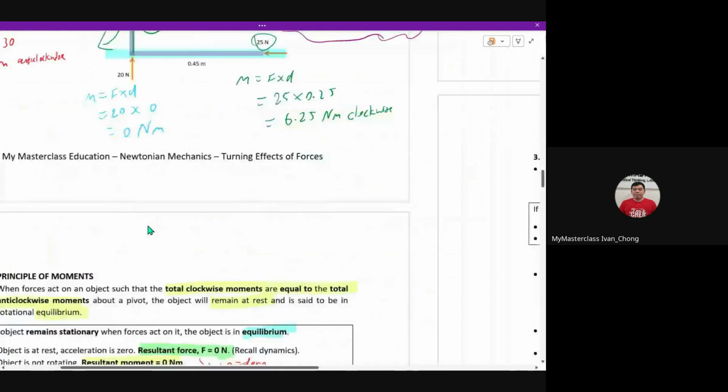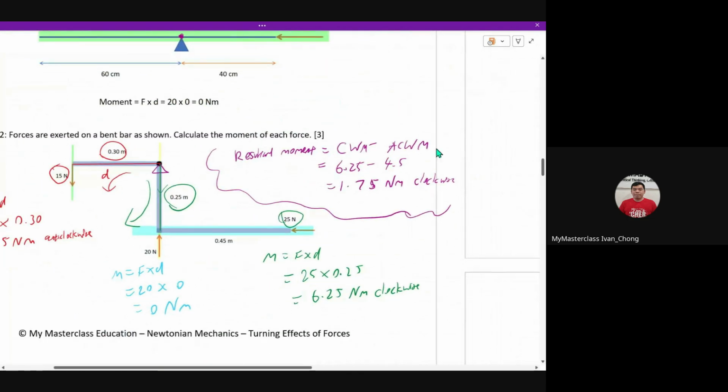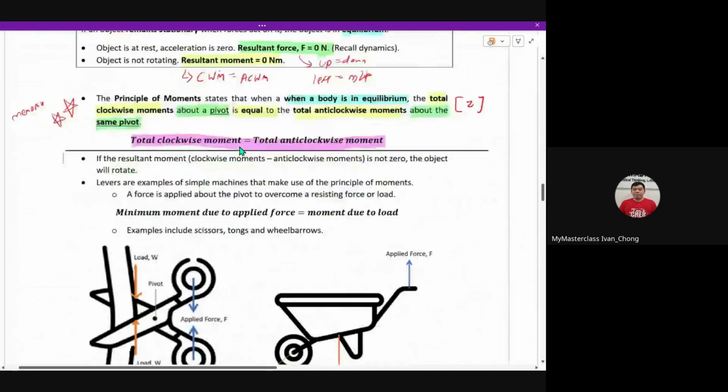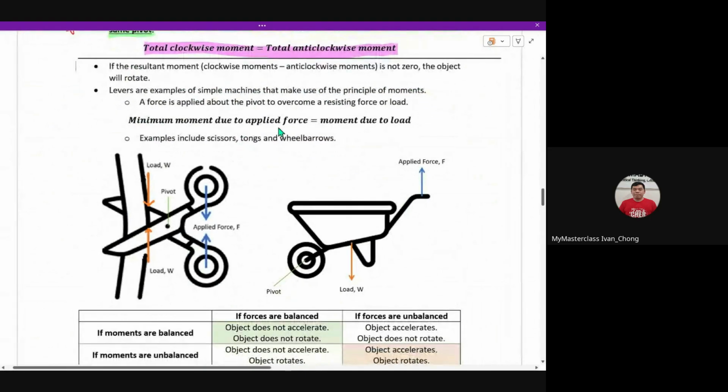Which direction will it rotate? If your clockwise is bigger than anti-clockwise, you will rotate clockwise. If your anti-clockwise is bigger than clockwise, you will rotate anti-clockwise. That's what it means basically. Okay. Now, if you notice over here,